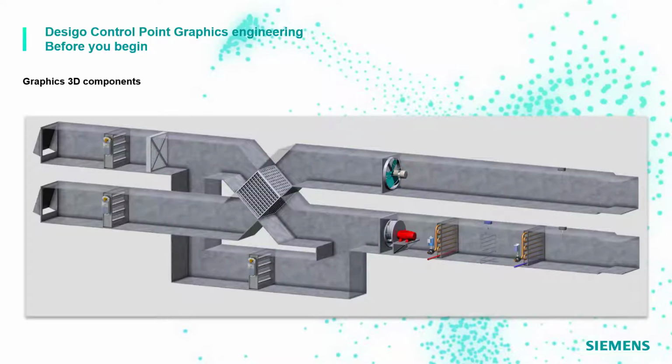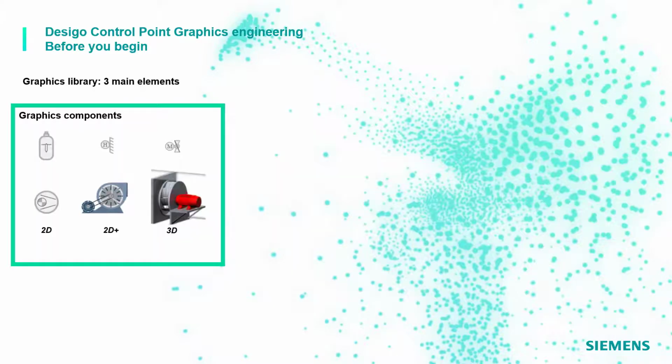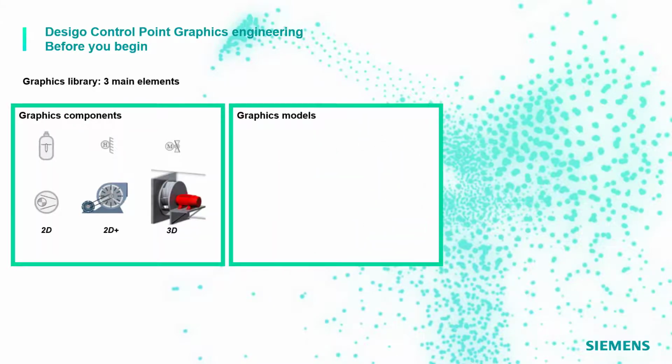And this is an example of 3D components. The second significant element of a graphic library is the model. This is a library of pre-built groups of components. For example, a fan, with labels and status indicators. It can be instantiated only from the components list, and then a manual binding to the group of data points